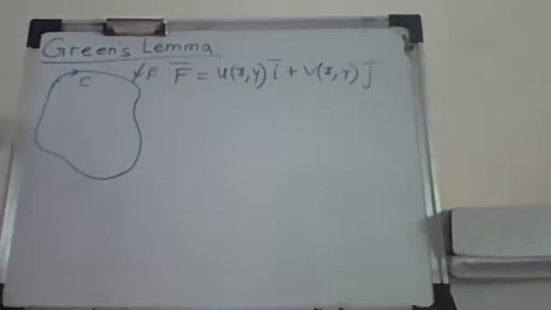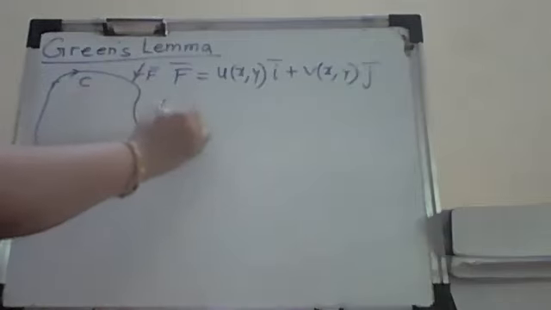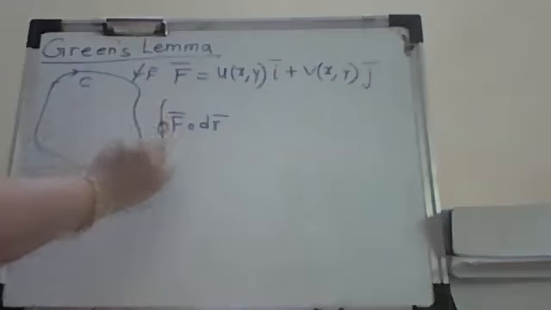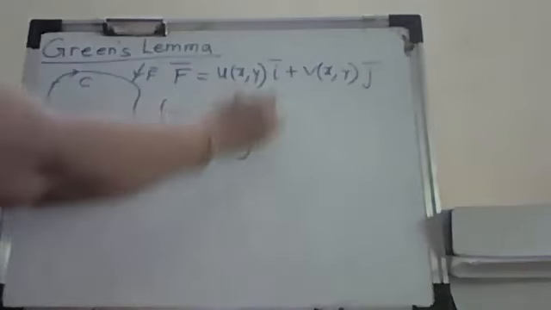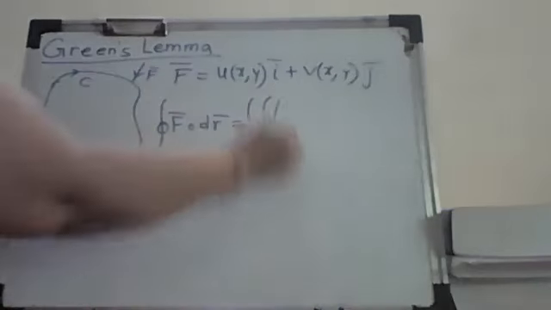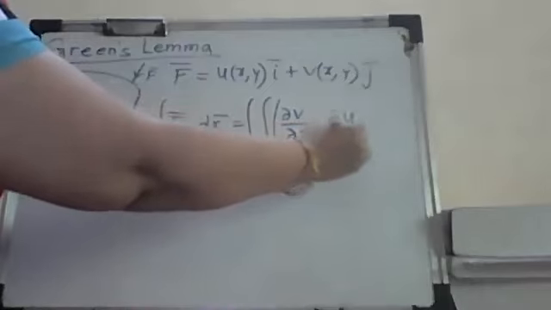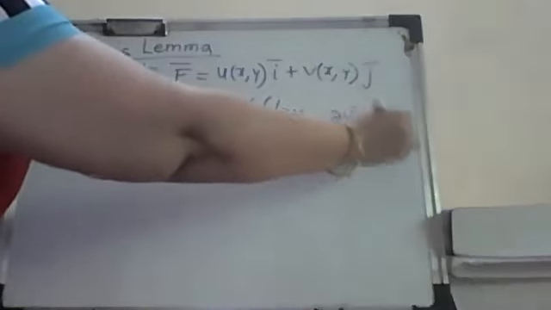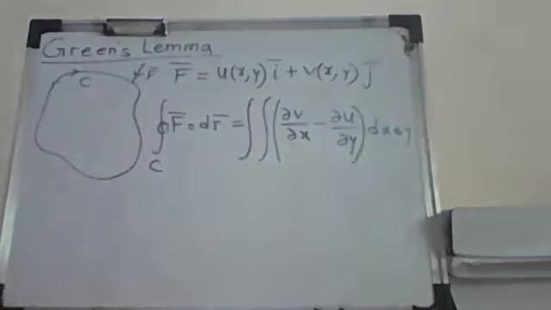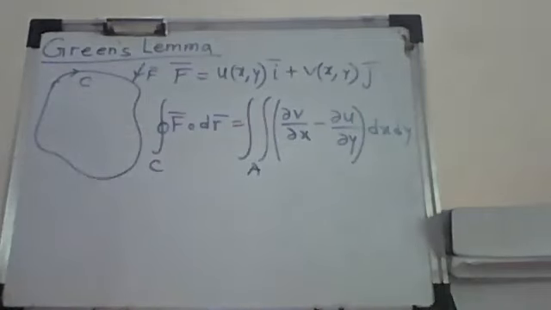So now, what is the line integration? It says that the line integral of f bar dot dr bar over this closed curve C is nothing but the double integration of ∂v/∂x minus ∂u/∂y dx dy. A nice thing is given. This is for the closed lamina. So this is your area. So what is written here? A nice thing, that is this line integral.